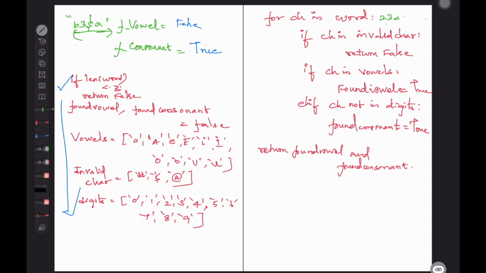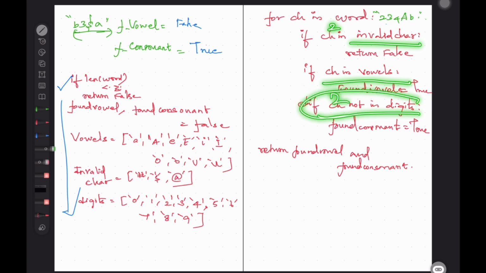2, 3, 4, A, B. Okay, now let's see. Now 2: is 2 an invalid character? No. 2 is not in vowels, and 2 is in digits, obviously. So initially everything will be false, right?